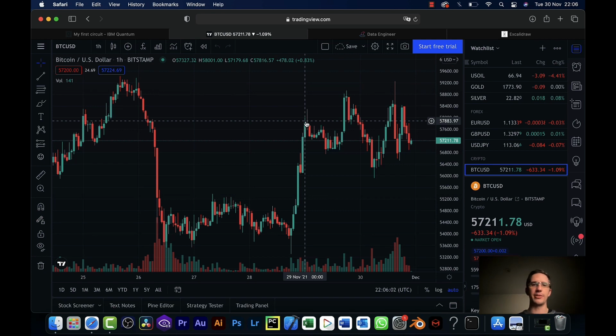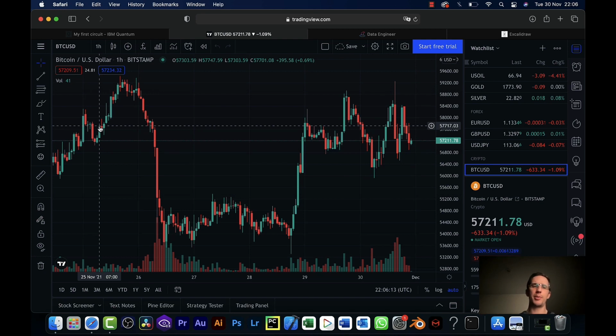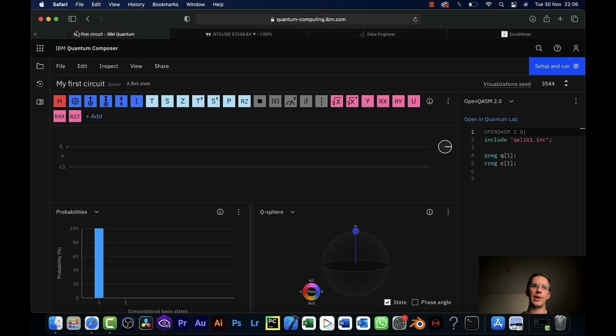That's the whole point of this, is I want to see, is Bitcoin's price movement truly random? Does it really follow a random walk? Because anything which is completely random, surely you could not predict. So it would be absolutely pointless trying to predict whether Bitcoin's price will be up or down in the next hour. But let's take a look at what true randomness really is.